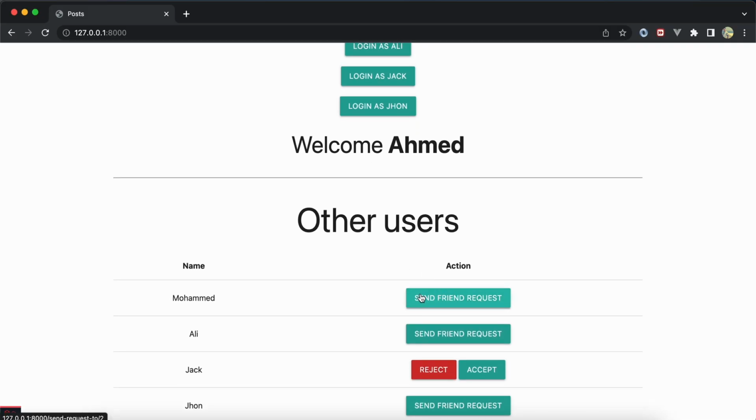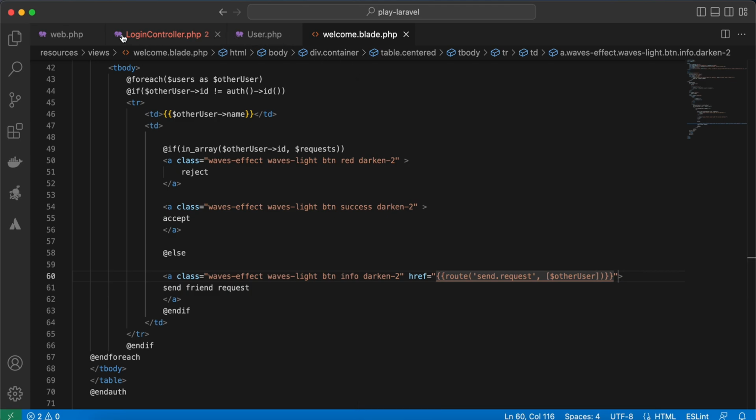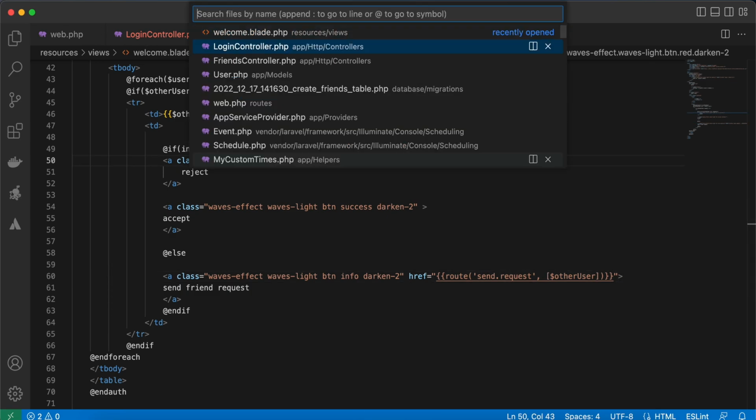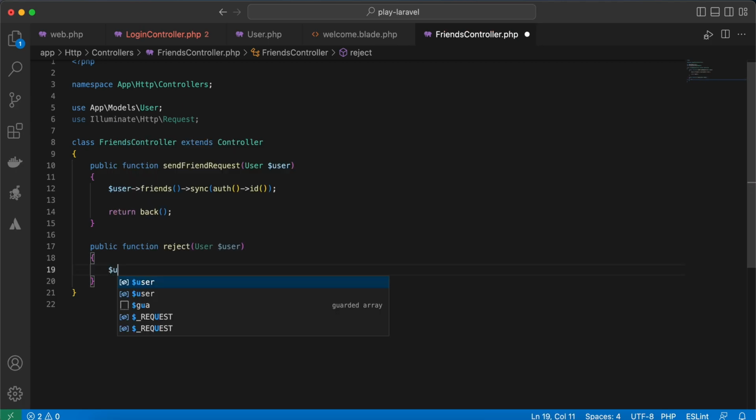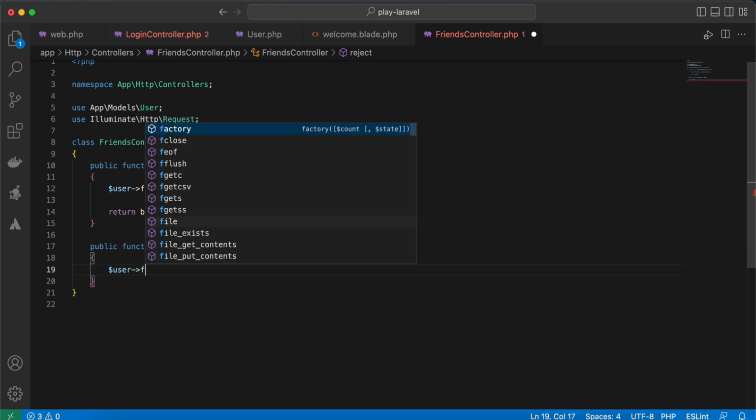So Ahmed also can send a friend request to these users, and because he has a request from Jack, he can accept or reject. So let's implement accept and reject methods. Let's go to our friends controller here, and our method will be first one reject, and it will also be from user, right, here, and it will be user, right, friends,